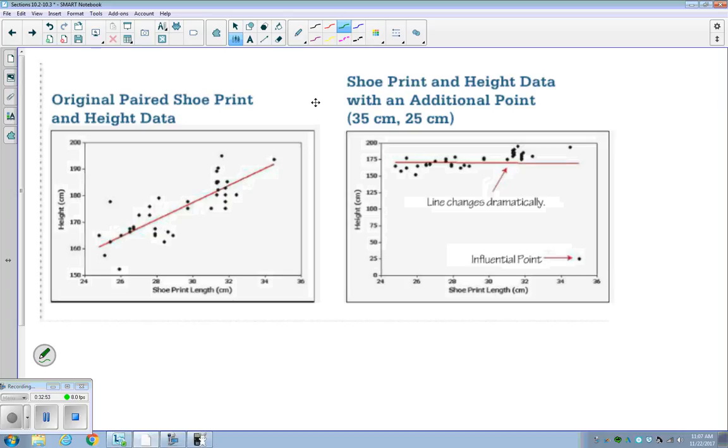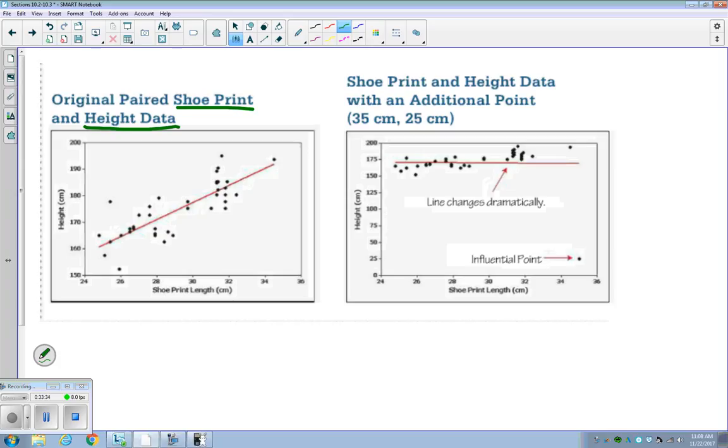Very good. You're absolutely right. George said that tall people, basically, you didn't come out and say this, but I'll come out and say it, tall people have bigger feet, right? Shorter people have smaller feet. If not, we wouldn't be able to balance to stand up, right? It's the physics of our body. So we think there might be a relationship then between the paired shoe print and height. So now we're not just looking at feet, we're looking at the actual shoe print. Okay? So here's our data